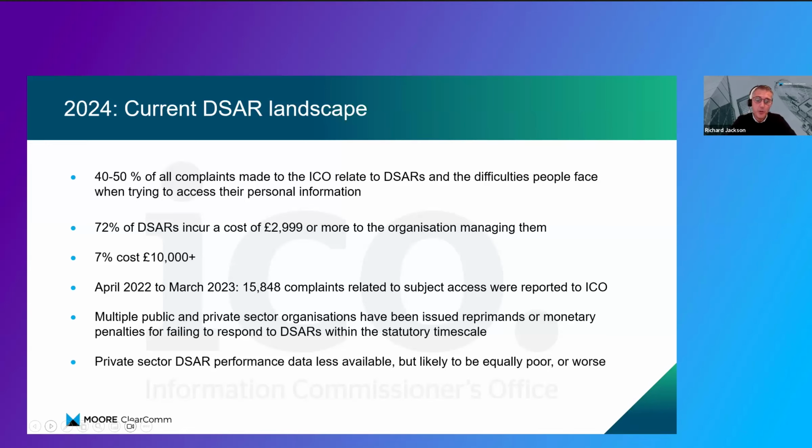We've seen multiple public and private sector organisations being issued reprimands by the ICO, in some instances monetary penalties, again for failing to respond within the timescale, as Megan mentioned. It's not so easy to identify private sector performance data on subject access requests, but they're likely to be equally poor or maybe even worse. I think the reason it's not so publicly available is because it's, again, volume, whereas maybe the public sector organizations,